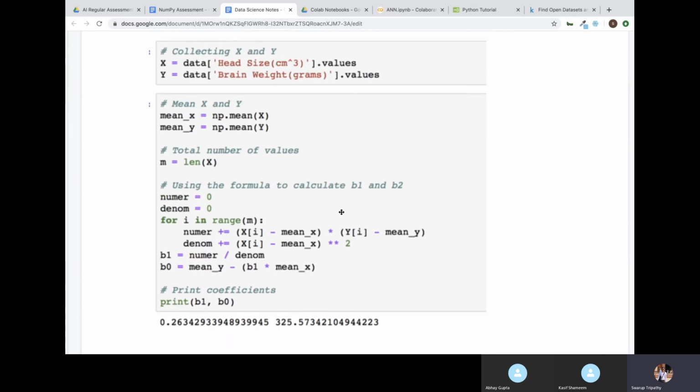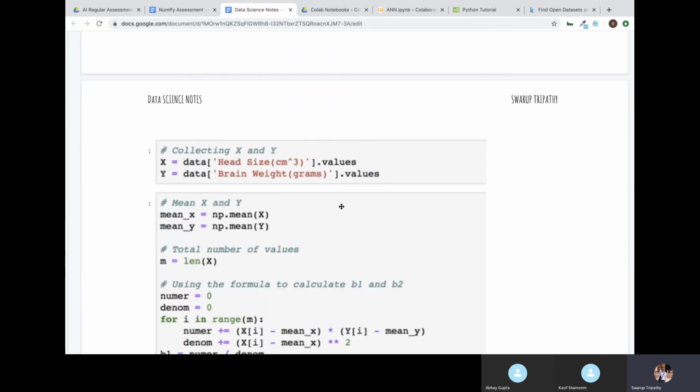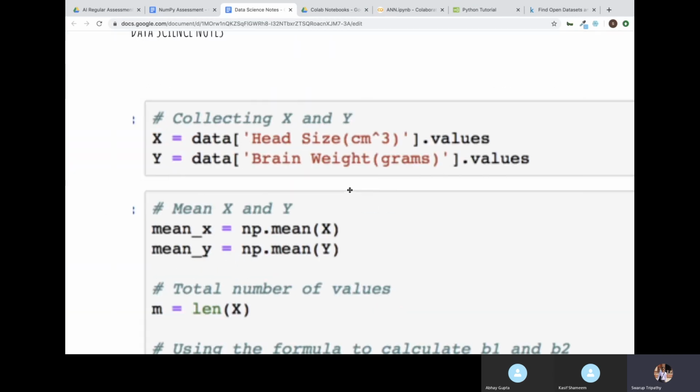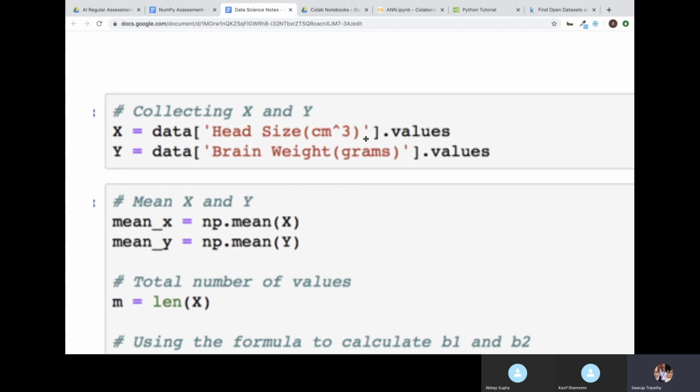Okay, so here next one is you pick your x and y value. So here I'm saying x equal to data of head size, that is head size is our x here, and y equal to brain weight. So we are going to predict the weight of brain, that's our dependent variable, based on size of head. So here I have taken x and y. Just take your x and y, then we'll be finding out all the other parts of that equation, that is y equal to b0 plus b1x, we'll be using. So first do this.